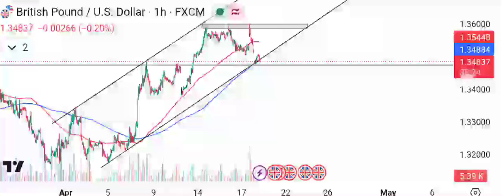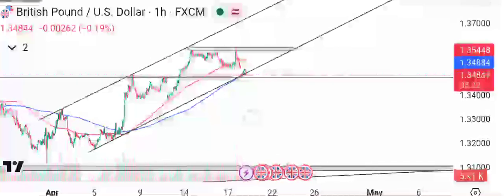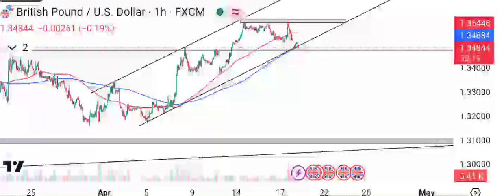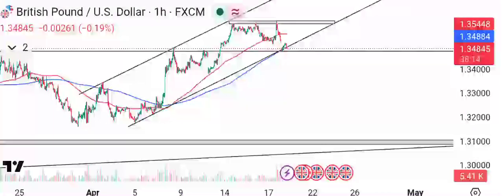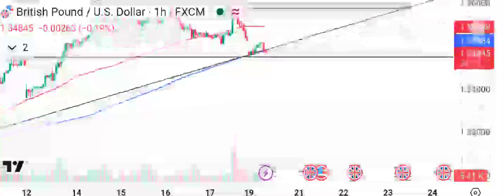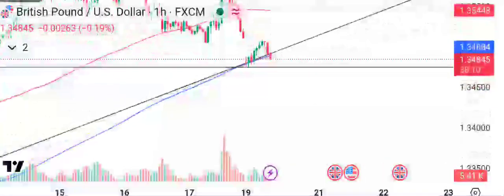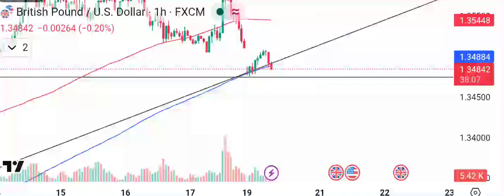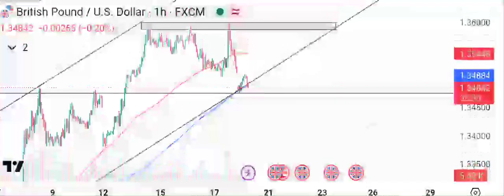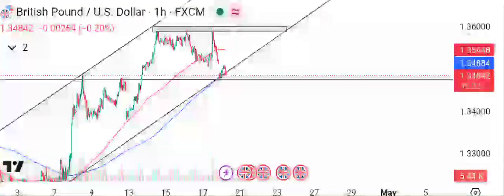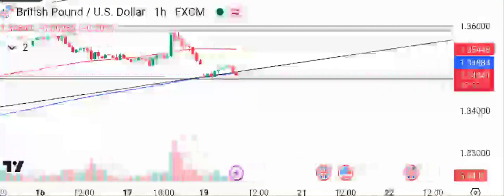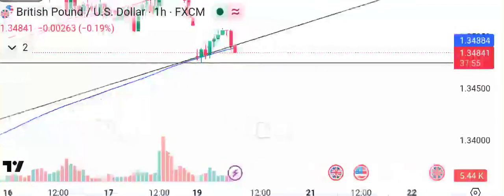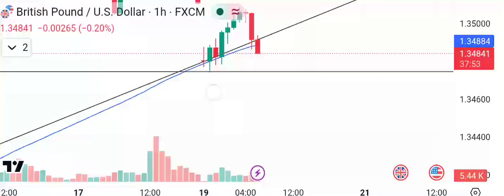But in the case where we are having a touch, because already we have a third touch, like I said, on this ascending trend line in the channel here, we had a first touch here and a second touch here. Then looking closely here, we can see that price touched it the third time and it pushed up a little, which is a third touch here. So I expect price to do two things here. What I did was I just highlighted this low here. So what I'm expecting is these two things.